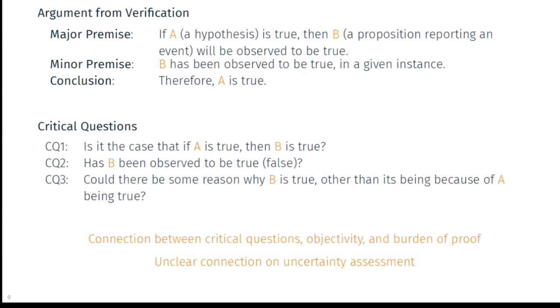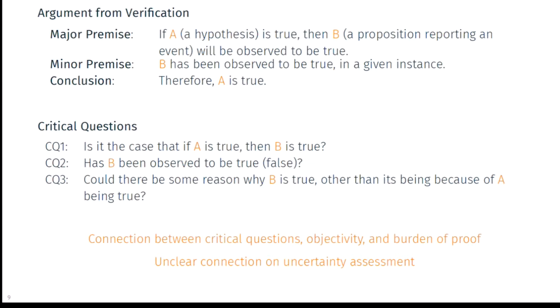So if you observe B, then you have to conclude that A is the case. This is basically what we are trying to do. When we have a research hypothesis, we say, well, if we have some data backing up this hypothesis, then we support the hypothesis. But at the same time, Walton and colleagues also propose what are called critical questions